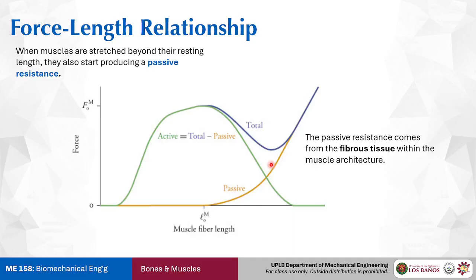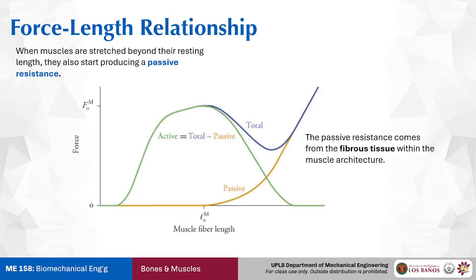Remember, our connective tissue is kind of like a polymer. So when you stretch it a bit, there will be some kind of plastic or elastic resistance. And this shows up here. When the muscle is stretched beyond its nominal length, that part of your muscle starts to add on to the resistance to the force. So if you add the active part and the passive part of the force resistance, you get this particular blue curve. So muscle is unique in this way, and there's also more.